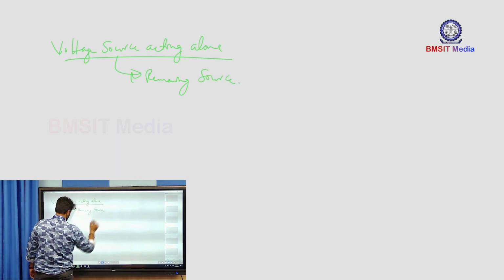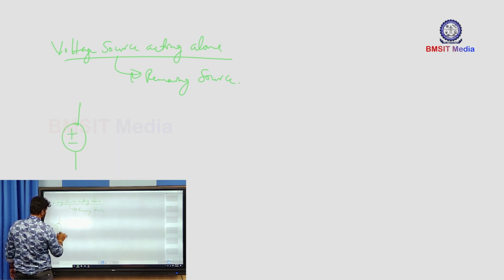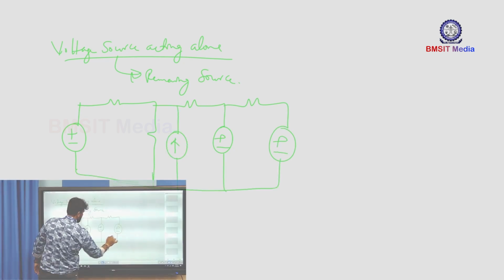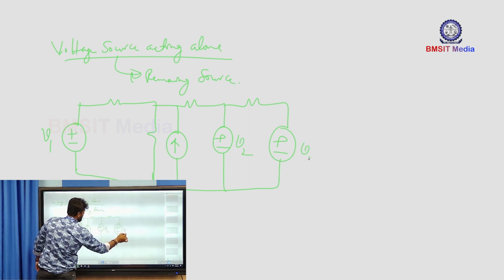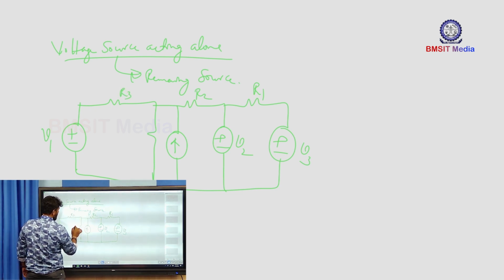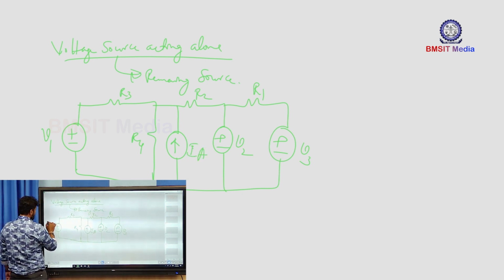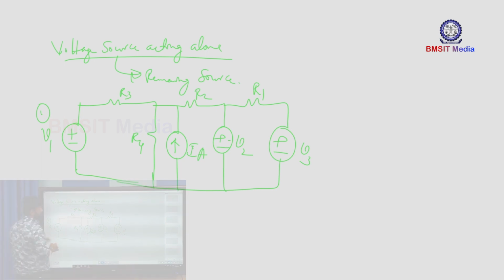see what could be the remaining sources, say for example, if I have a network like this, multiple sources I will consider. I'll just consider, say, it is V1, V2, V3, and this is R1, R2, R3, and this is R4, and say this is I amperes. Look at here. So here we have three voltage sources, 1, 2 and 3, and one current source. So now if I am considering